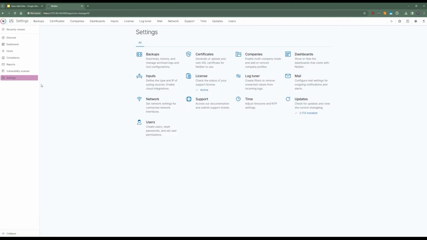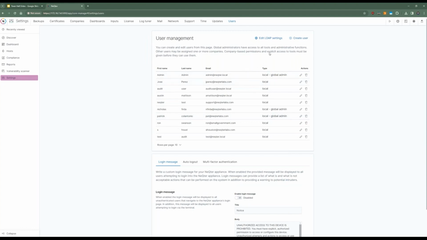Okay. So we're going to navigate to settings, go to users. So for LDAP, you're going to go up right here, edit LDAP settings. And this is where you're going to put in your server address, your port, your base DN, and then authenticating into LDAP. For LDAP, or kind of have it disabled. So once you synchronize that, then all the users are going to file in and get listed, and then you can add them one by one.